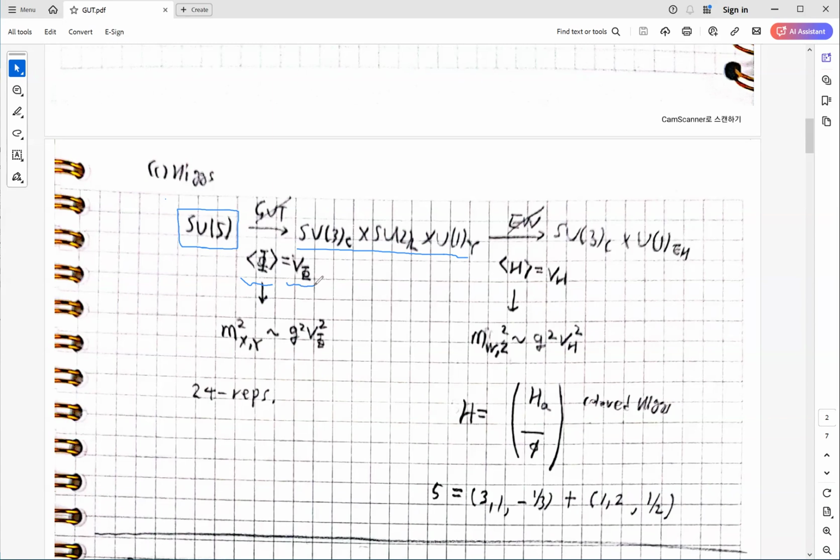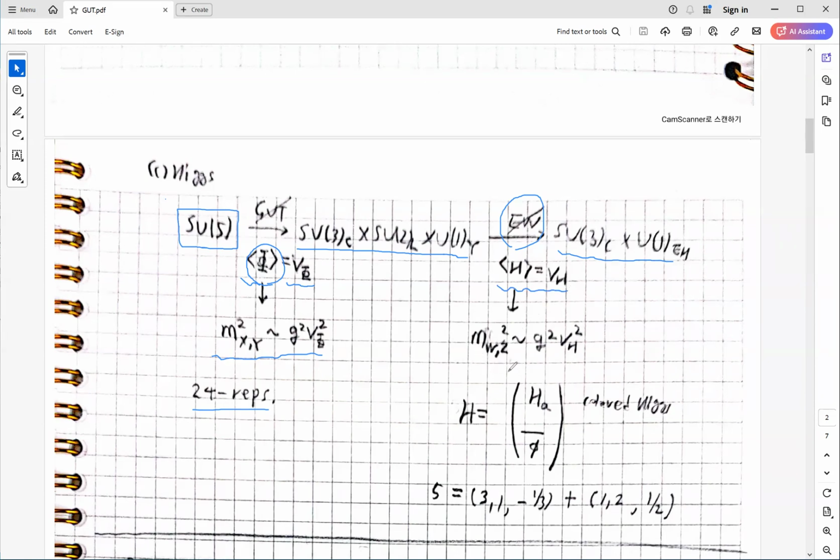And this VEV of the capital Pi gives the mass of the XY gauge bosons, which is given by the G, the gauge coupling, and the V squared, the square of the VEV. And this capital Pi is in the 24 representation of the SU(5). And similarly, there should be the electroweak symmetry breaking as in the standard model. The remaining symmetry is SU(3) times U(1)EM, and there should be the Higgs with the vacuum expectation value, and the